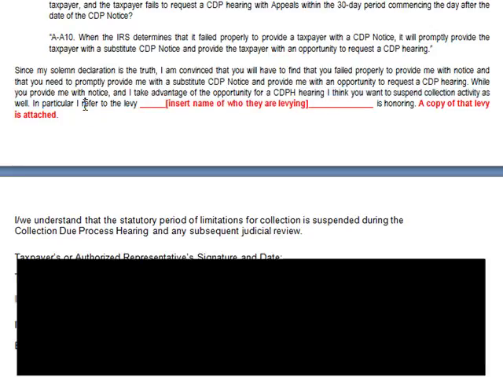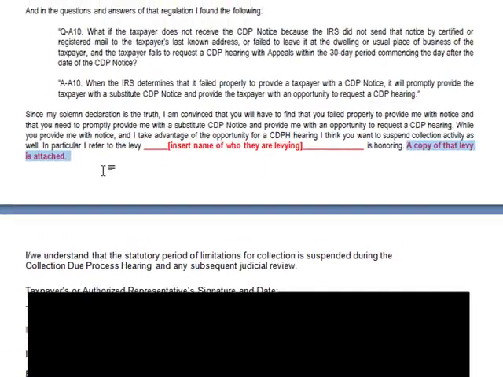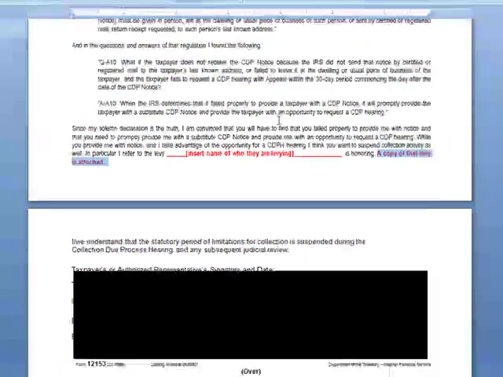In particular, I refer to the levy, and a copy of that levy is attached." So if you've got a number of levies, you may want to attach all of those. This is an aspect that I like about this one: attach a copy of the levies and tell them that you want them to suspend collection activity. Send in that